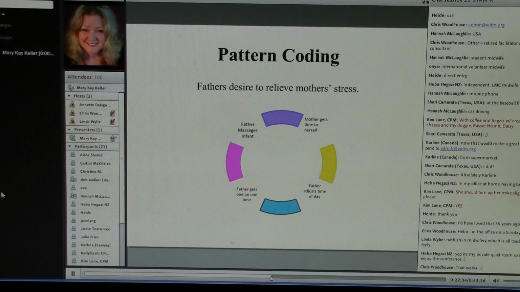Many of the fathers, all 5 of the fathers, and during that initial interview, I can't remember if I put it in the slides or not, so forgive me. I'm going to go ahead and jump back to this in case it's not in here. When I asked them why they